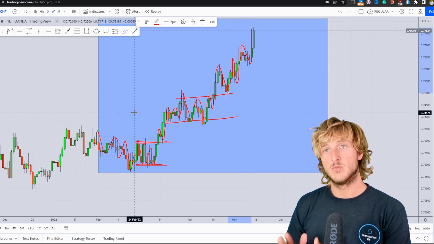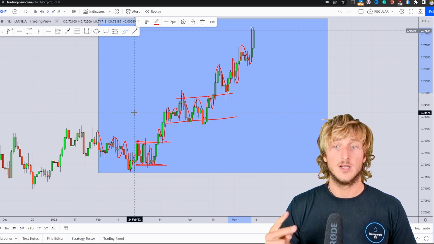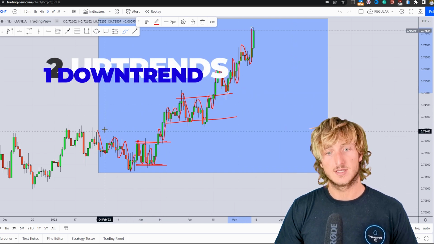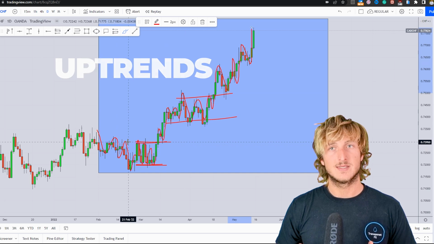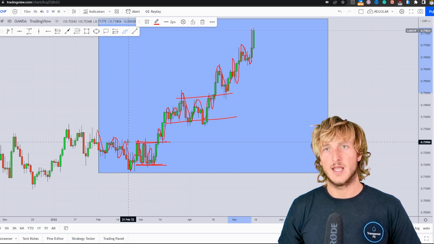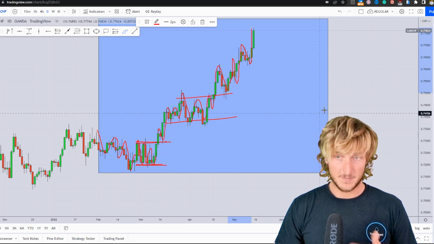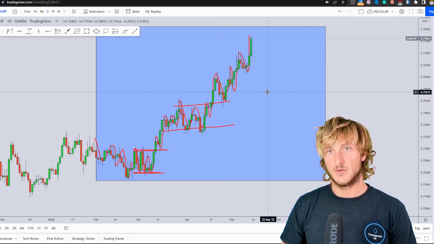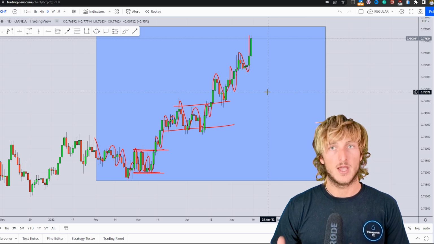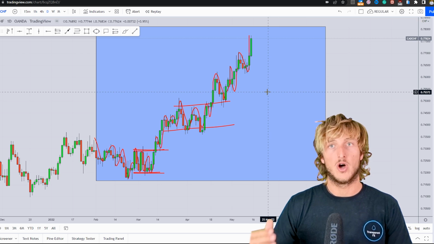So in that same move that we had on the monthly, just 3 straight candles to the upside, on the daily we had 2 ranges, 2 uptrends, 1 downtrend. So we can see how much price action the market has actually created in a move that on the monthly actually seemed very simple. And just bear with me a little bit more, because by the end of the video, you will start to understand how all these concepts actually can be very helpful in identifying trading setups in the direction of their higher